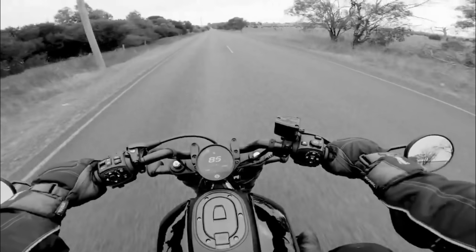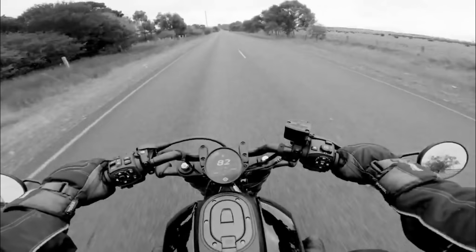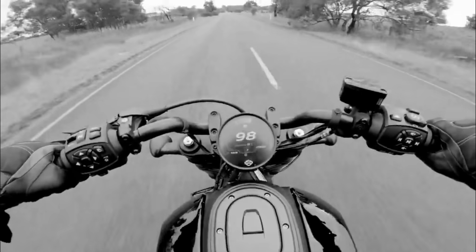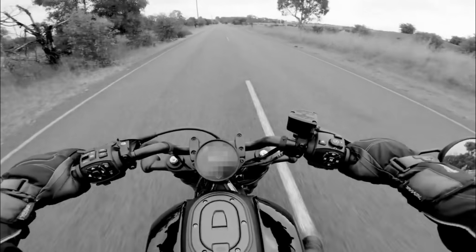I haven't ridden the Scout 101, obviously, because it won't be here in Australia for months. But I have ridden the Sportster S, and I really did like that bike. But if you drop it down a few gears, then now we're at 3,500, and it just leaps. Plus, I think the Sportster S is certainly going to be more engaging to ride performance-wise